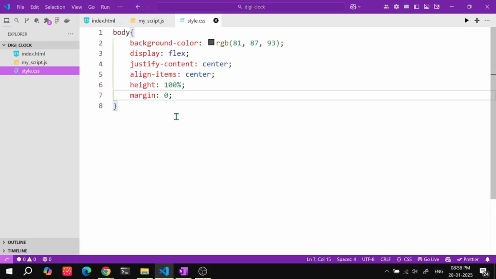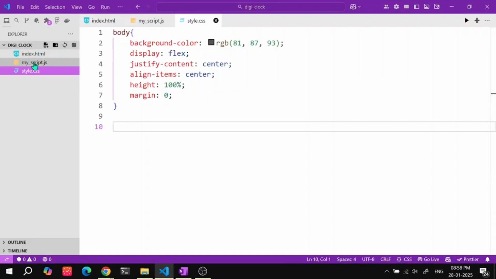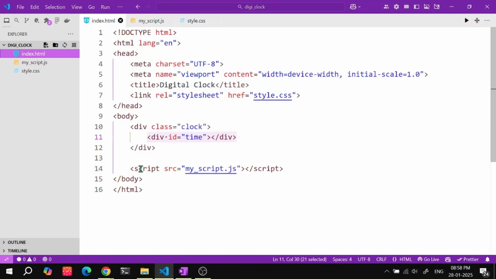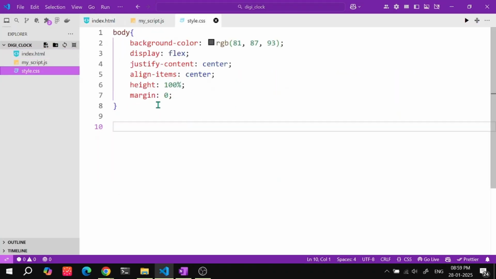After that, whatever we have done was done for this particular part, the body part. Now I am going to do it for the clock. Whatever style I gave was for the body. Now I will give styling for this particular division, and to do that you are going to use this class name. What is the class name? Clock. Okay, so go here. It is a class name, so use dot